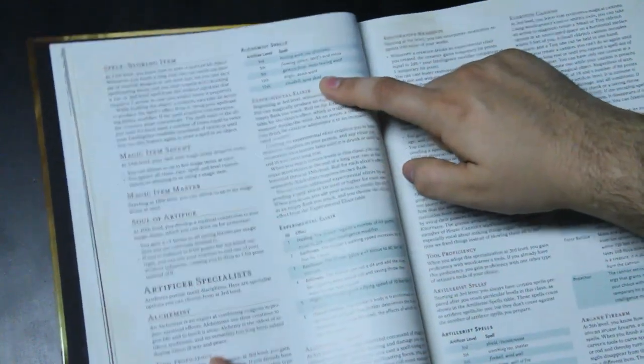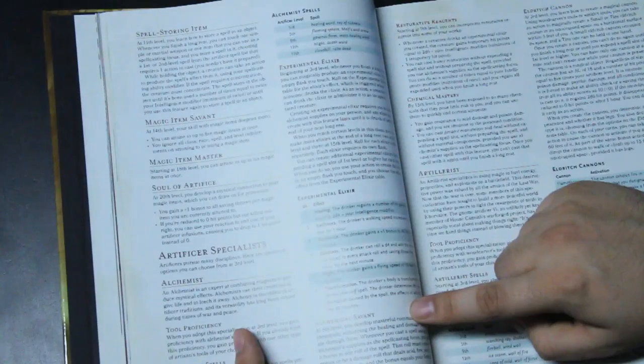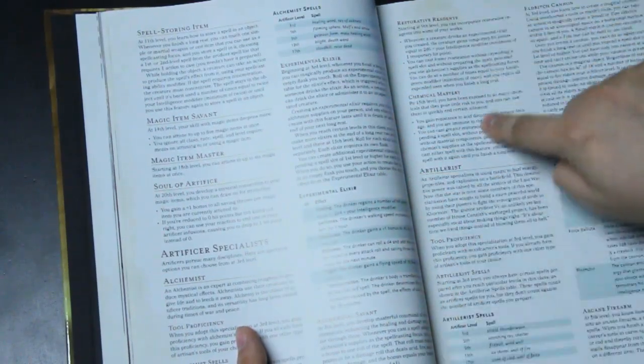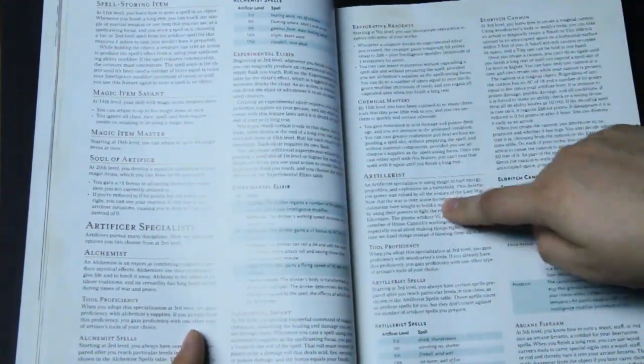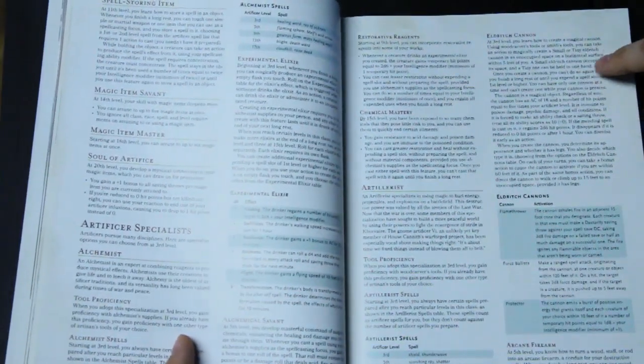They get some extra spells onto the list. They get elixirs that they can make, and potion-based healing kind of things. Whatever, potion-based version. Artificer, which is based on having turrets, but the turret is allowed to be tiny-sized, and a